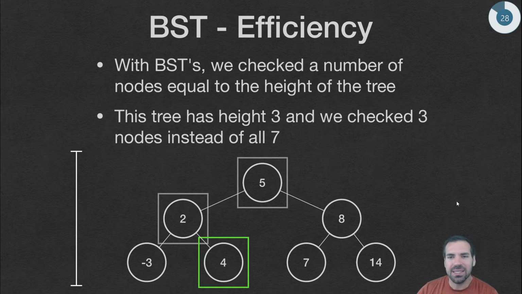But how does this scale? What happens when our tree gets bigger? Because honestly, if you have 7 values, who cares what data structure you use? They're all going to take less than a millisecond to do anything, whether it's O of n or log n or anything. So what we're really interested in with data structures, and what